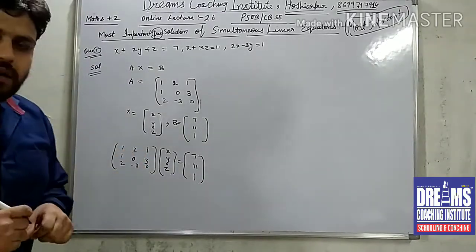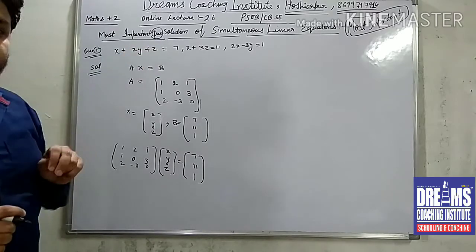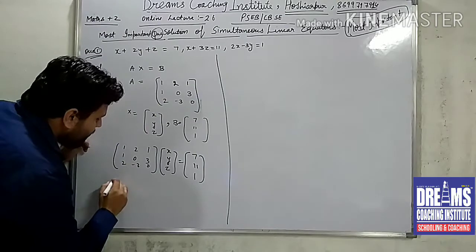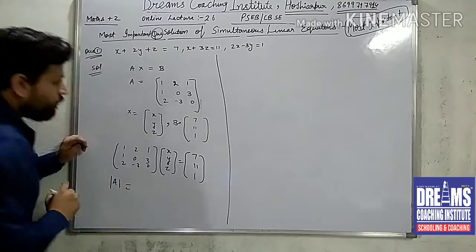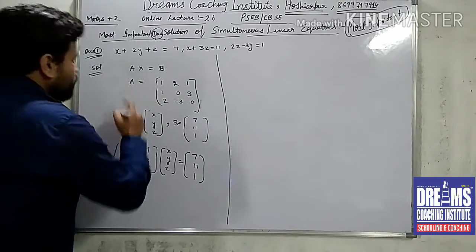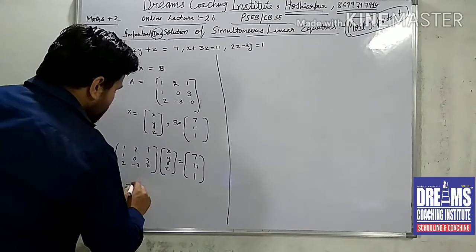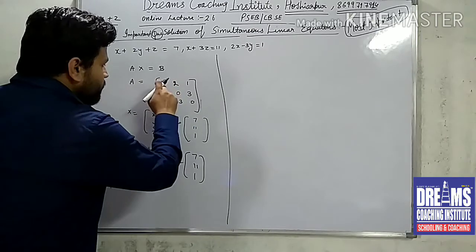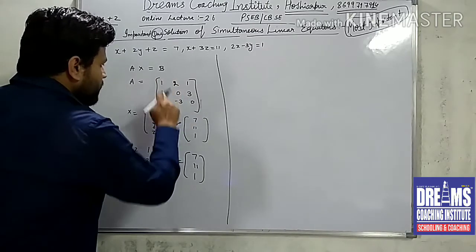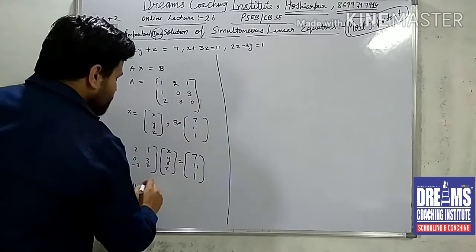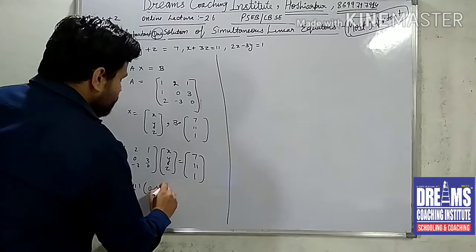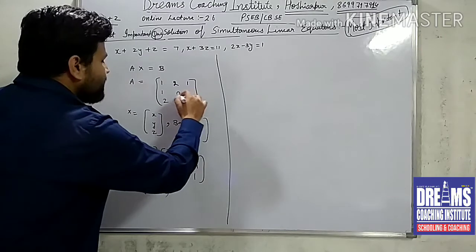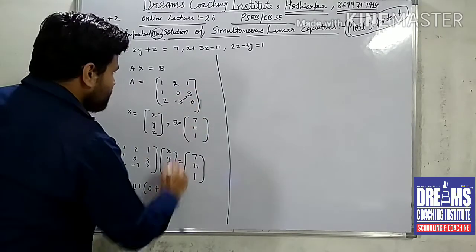So now how to solve for the values of x, y, z? To solve for the values of x, y, z, we need to find the determinant of A first. The first step is to find the determinant of A. If I use row 1 to solve the determinant, the first element is 1, leave this row and column and multiply 0 into 0, minus minus 3, 3 3s are 9. ये क्योंकि इधर जाते समय माइनस लगता है बेटा, तो माइनस माइनस प्लस हो जाएगा, 3 3s are 9.